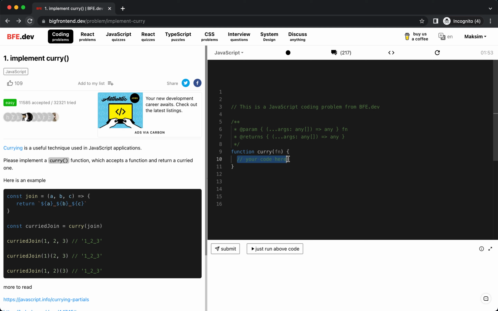Let's try to implement this function. First of all, this curry function takes any function. In our case, let it be the join function, and should return a new function. So let's call it curried, and this curried function should take obviously some arguments. So let's write it like this,